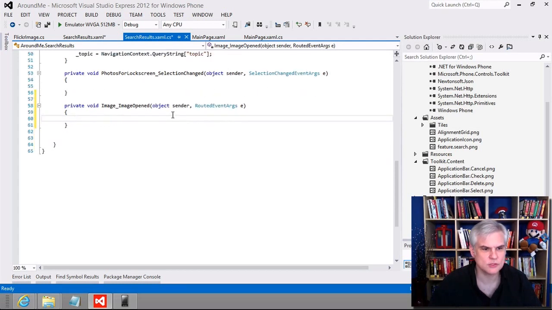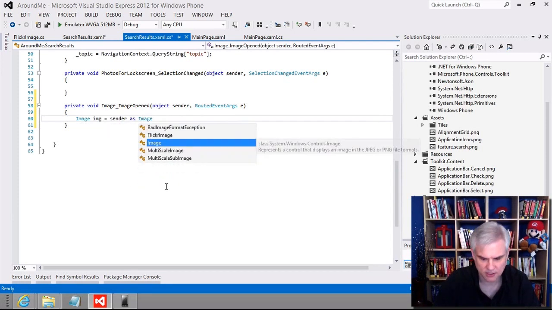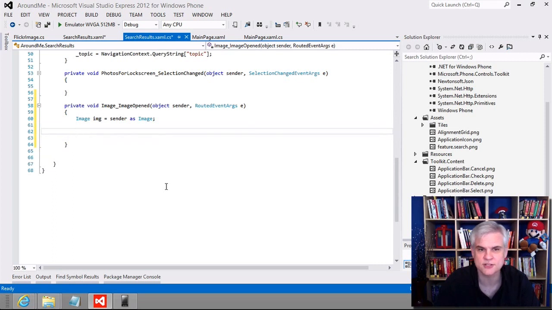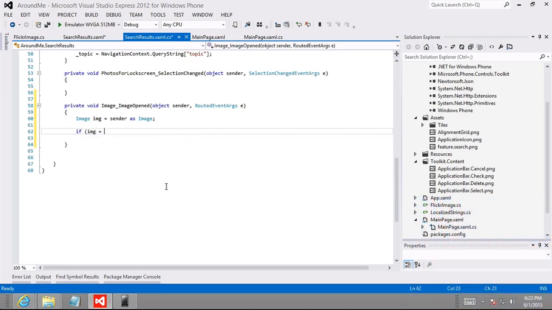So we're going to work with the sender, and the sender should be an image. So image img equals sender as image. We should understand from earlier in the series what that means. We're expecting the object to be an image, so we're going to cast it right off the bat to an image, to a XAML image control. So if the image is null, then we'll just exit out of this return. Okay,